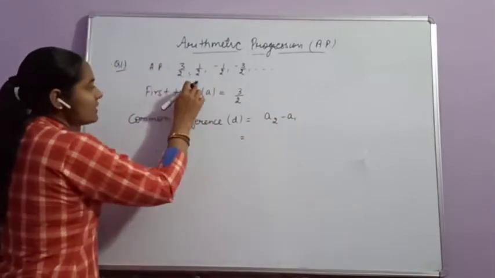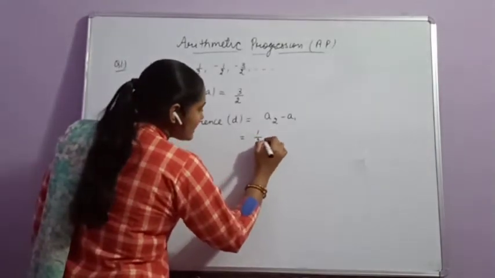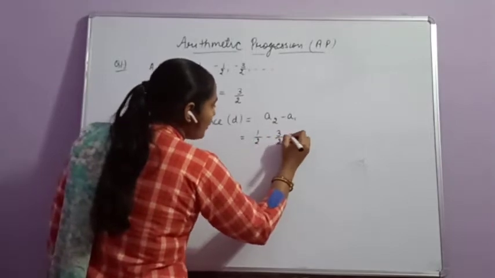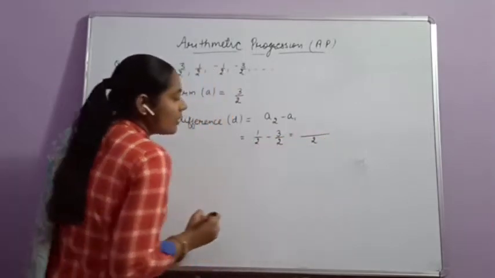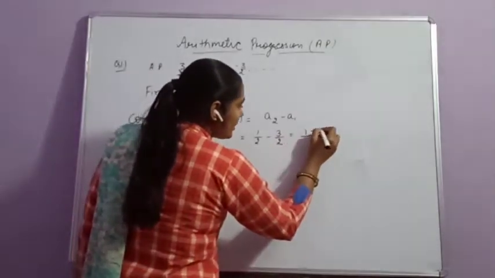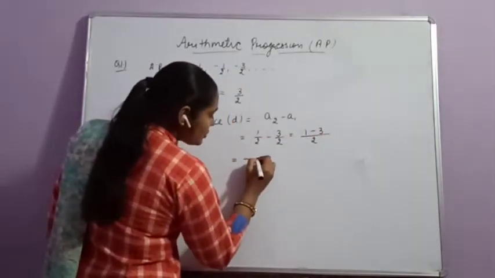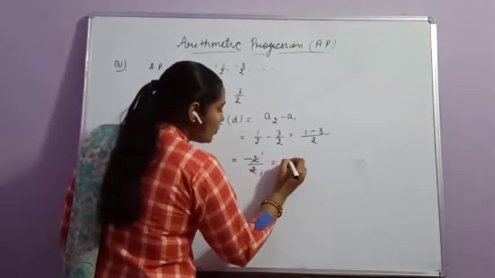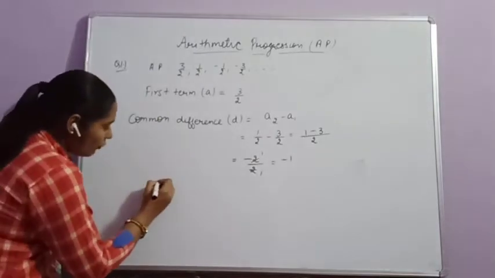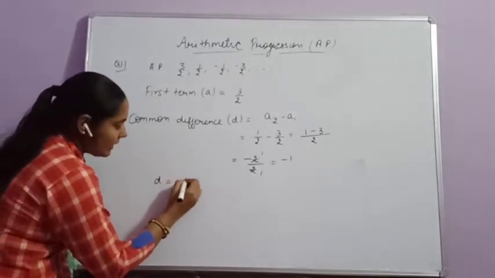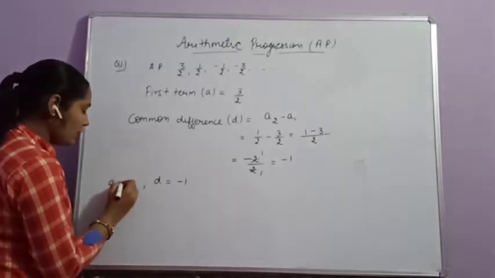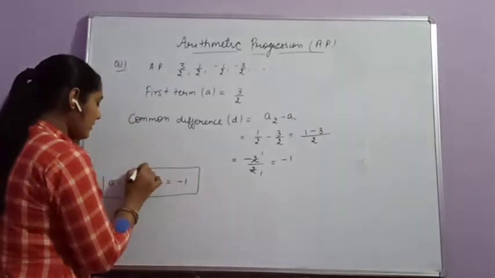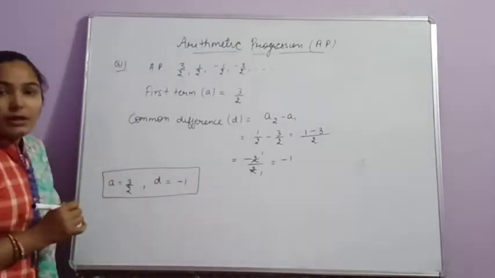Here the second term is 1 by 2, minus the first term, 3 by 2. So 1 by 2 minus 3 by 2. We can take LCM as 2. Now 1 minus 3 is equal to minus 2 divided by 2. 2 ones are 2, that is equal to minus 1. Here the value of D, that is the common difference, is equal to minus 1 and the value of A is equal to 3 by 2. Clear? If any AP series is given to you, then we can find out the value of A